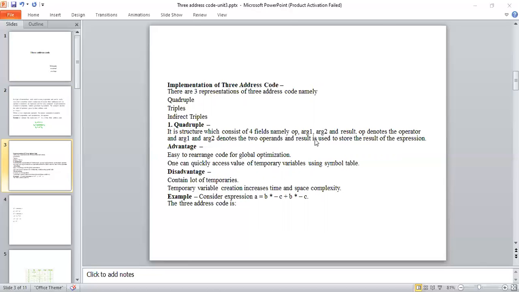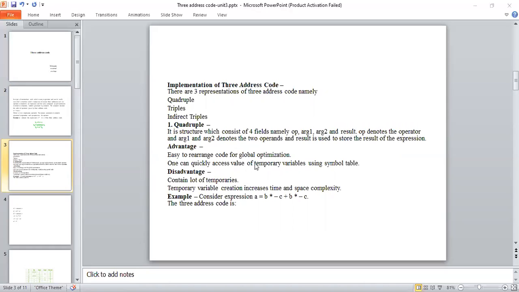The meaning of this is that based on the operator, the operation is performed on argument 1 and argument 2, and finally the result is stored into the result field.